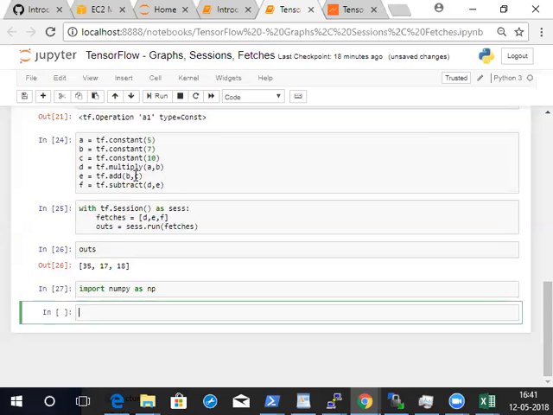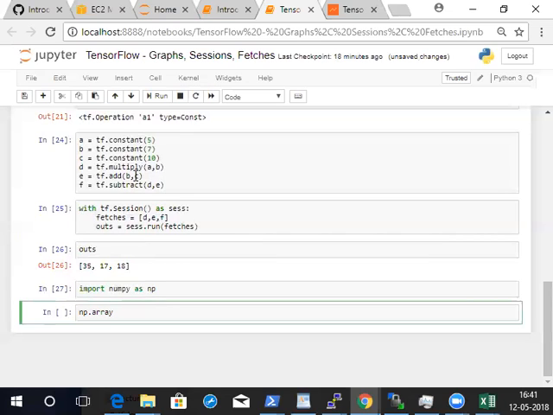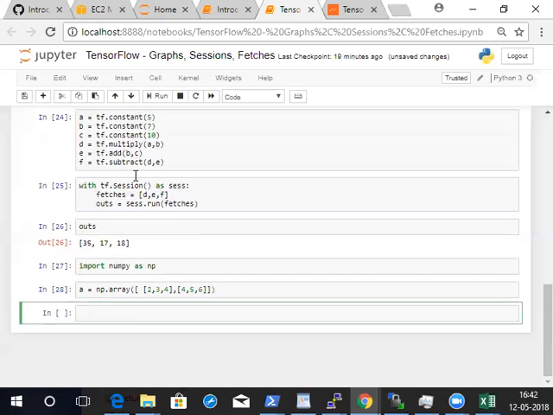Then you have import numpy as np. You create a NumPy data structure, an array: 1, 2, 3. Okay, this is the NumPy array. So what you can do is tf dot